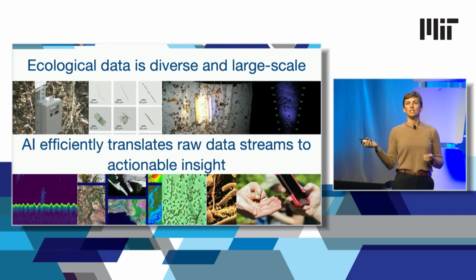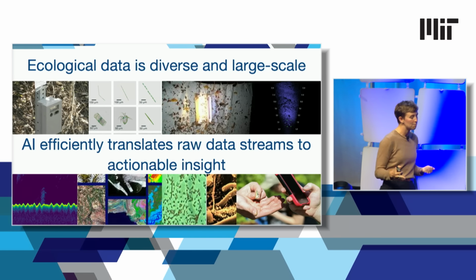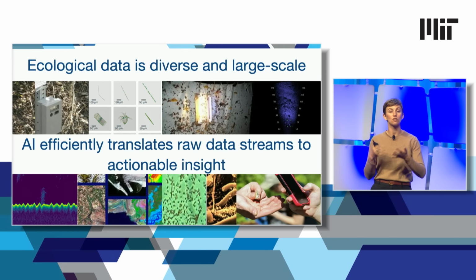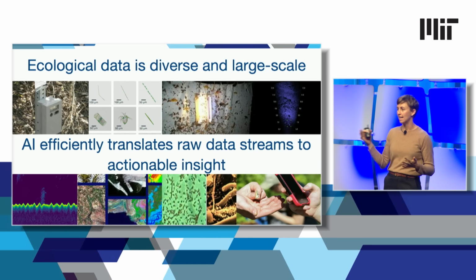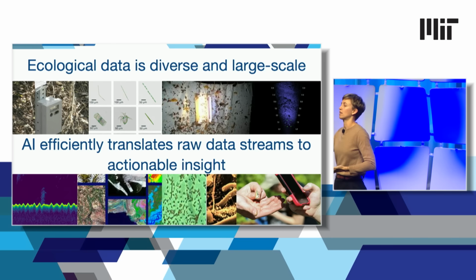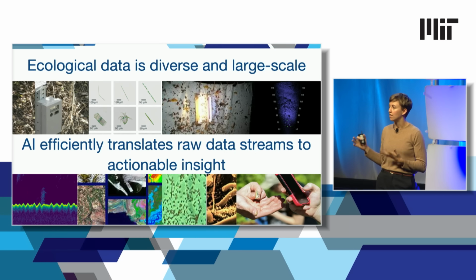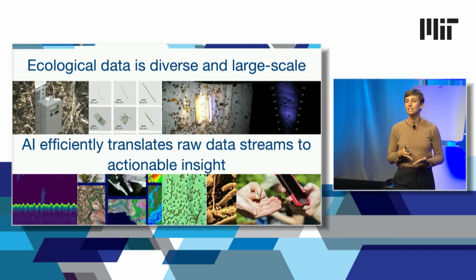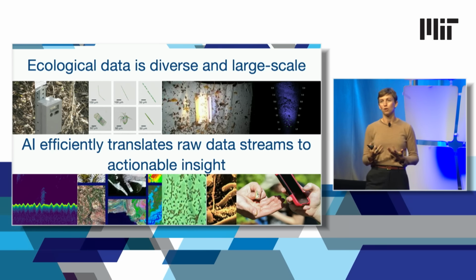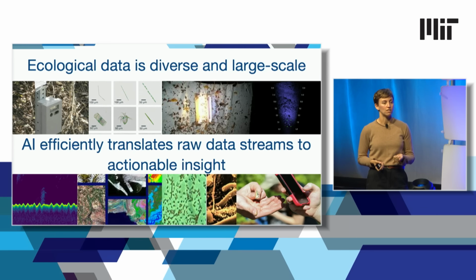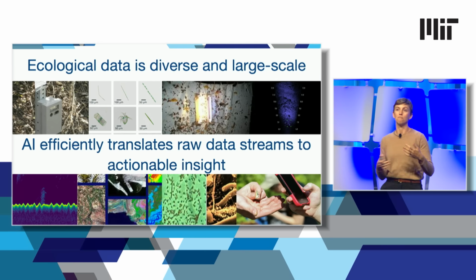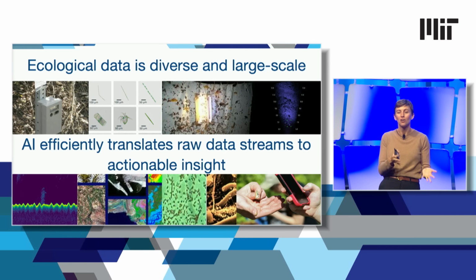But the problem is, none of these data types are directly measuring what we care about. Unlike if you're interested in measuring surface temperature, which is a measurable quantity. Instead, we get pixels, we get sound waves, we get point clouds, we get hyperspectral data. And then we need to actually figure out how to translate those streams of raw data into some form of actionable insight, some form of scientific knowledge about the world. And this is really where AI has already been absolutely transformative. We've seen models get deployed for many of these different data types to be able to turn that into scientific knowledge.